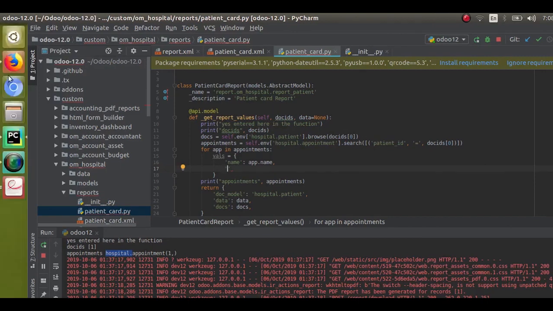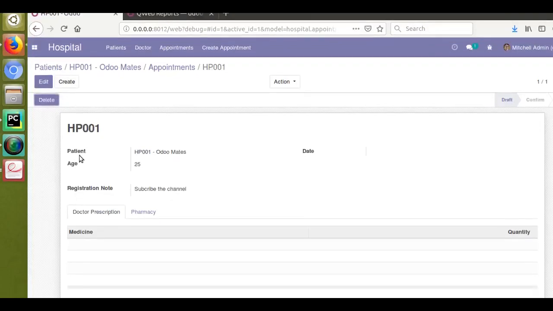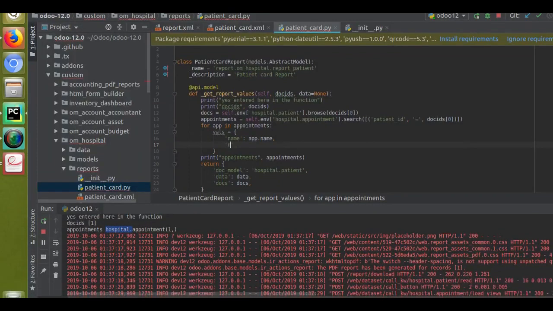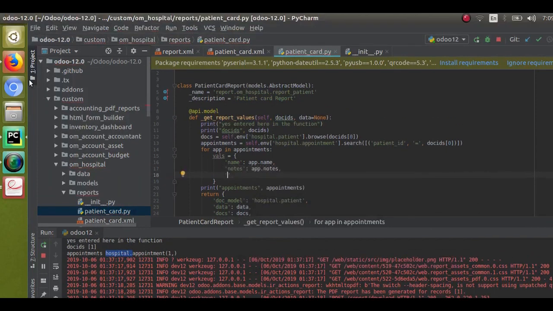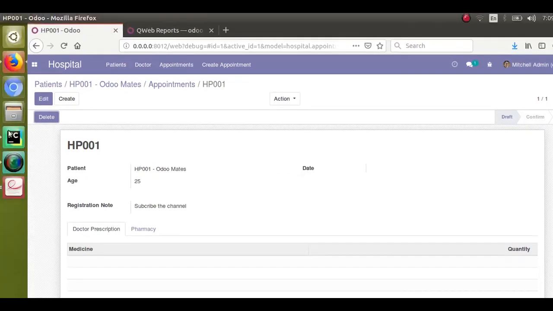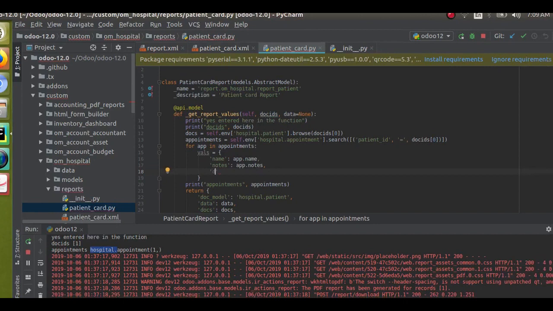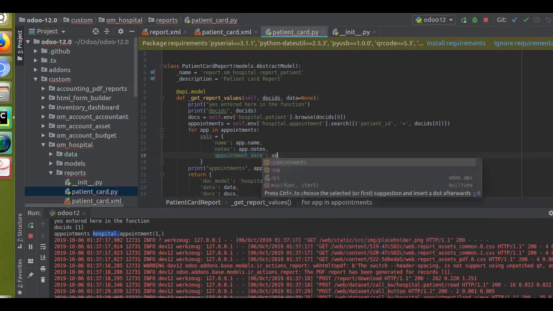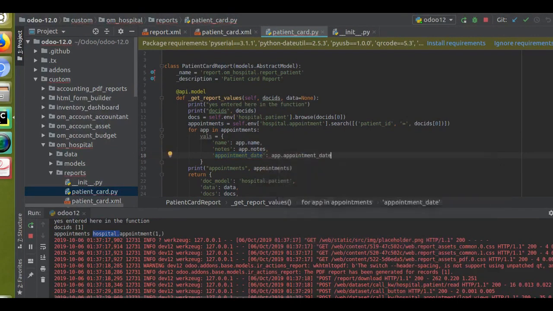So I'll take the appointment name, then the registration note, that is notes, so app.notes. I also have to pass the appointment date if possible. The date is empty now, so in the key I'll give the appointment date itself, appointment date. So I'll just create a small dictionary. Okay, fine, and